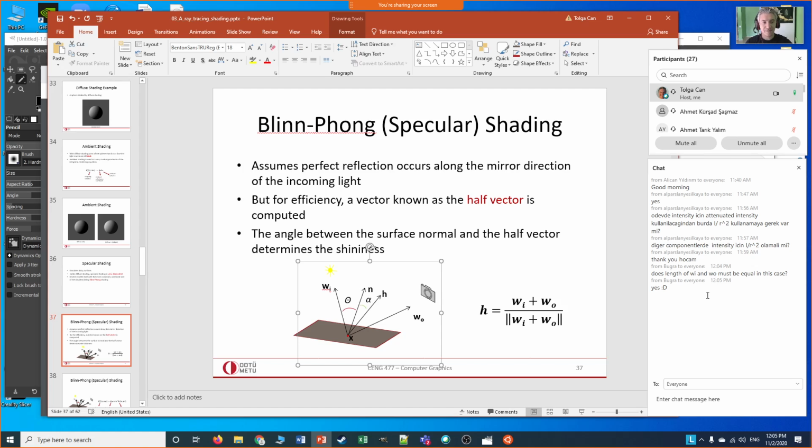I think we can first make them unit vectors. That's a very good point actually. If one of them is very far away, and you just try to add them, the effect of the smaller vector is not going to show on the other. So if you really want to take the half vector, they need to have equal lengths. That's a really good point. So usually what we do is we normalize the light vector, we normalize the view vector, and then we